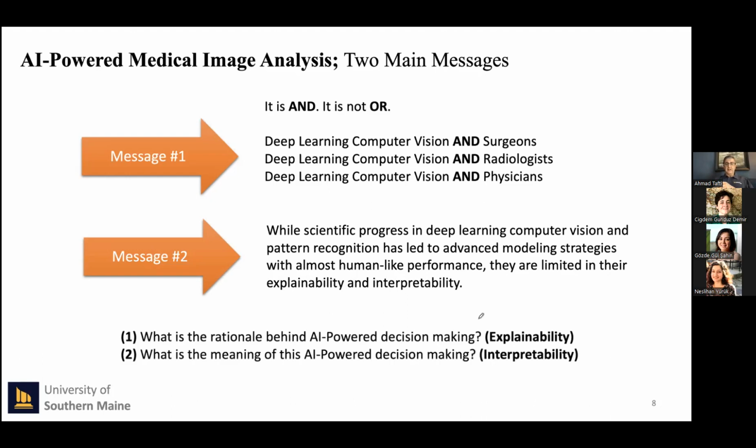Number one, we need to sit together to think about the rationale behind AI-powered decision-making. We call it, you know better than me, explainability. And the second one, we also need to think about the meaning of this AI-powered decision-making, how we can interpret those models. So explainability and also interpretability are going to be two main keys. We need to think about that, and we need to come up with some sort of solutions and strategies to